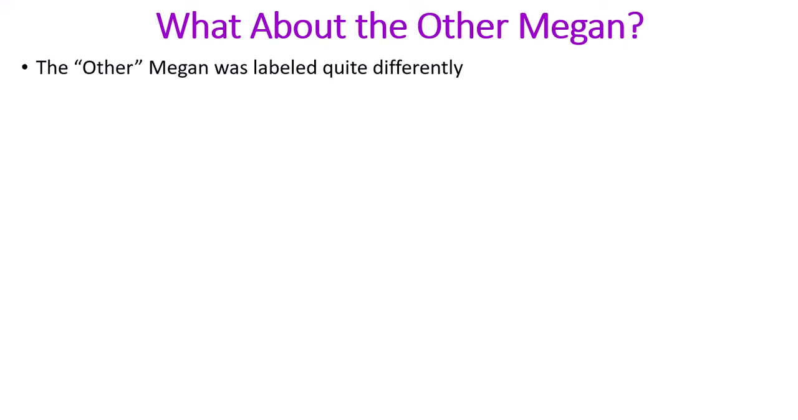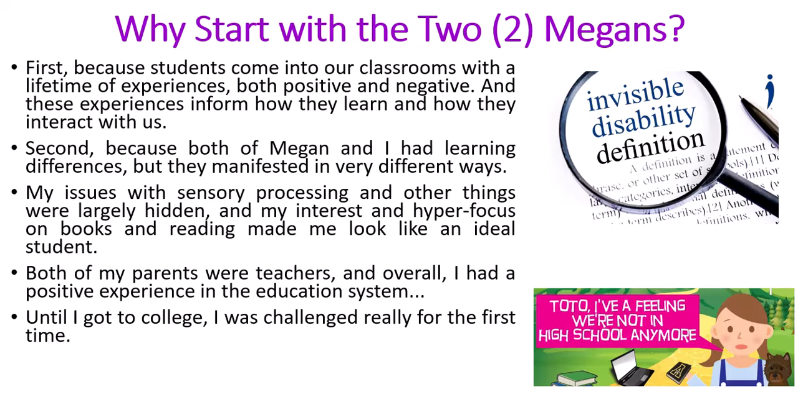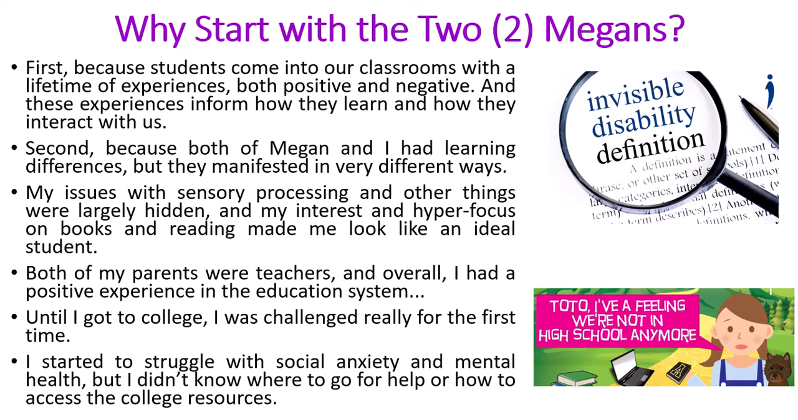In contrast, the other Megan was really labeled quite differently. What I ended up doing, I dropped out of school the first time I went. I was there for about 1.5 years, and then I dropped out. I ended up going to a community college, and that school had a lot of resources, and it was very easy to access them. And then I took just a semester, figured out what I wanted to do, where I wanted to be, and ended up transferring to a great 4-year school where I finished out my bachelor's